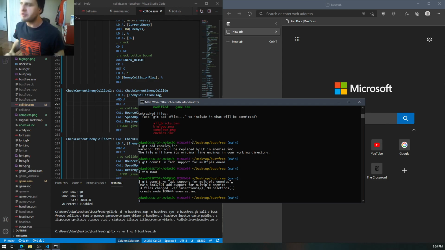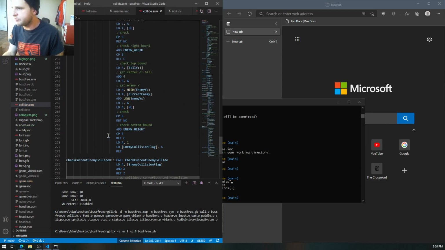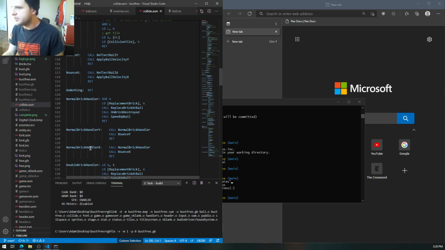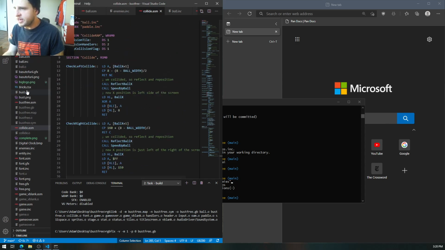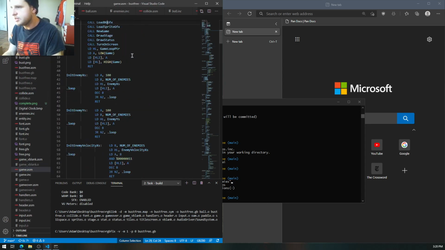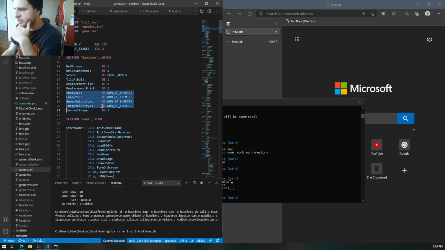Even though I kind of had to rush through it, I think that was actually a really important lesson, learning how to use this whole pattern that I did to do the arrays, and use multiple arrays instead of an array of structs. That's a really crucial pattern when you're doing this kind of thing, this kind of thing being Game Boy game programming. It's really key. Everything else in the game so far has pretty much been one paddle, one ball, so I haven't had to deal with this kind of thing. But now I have,